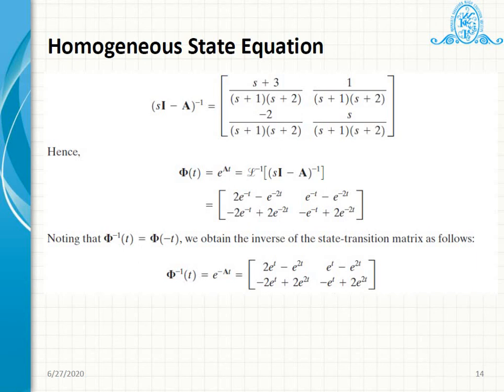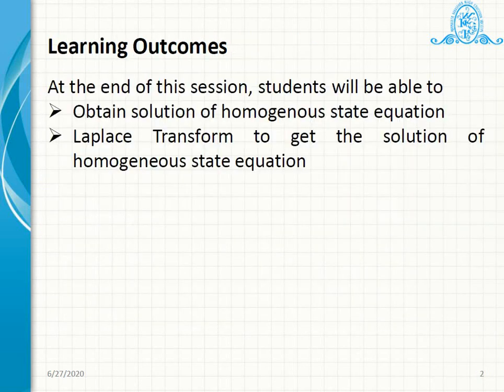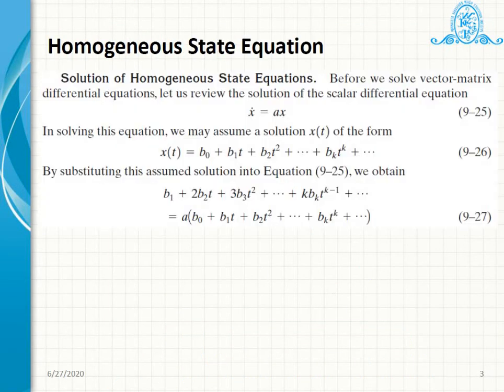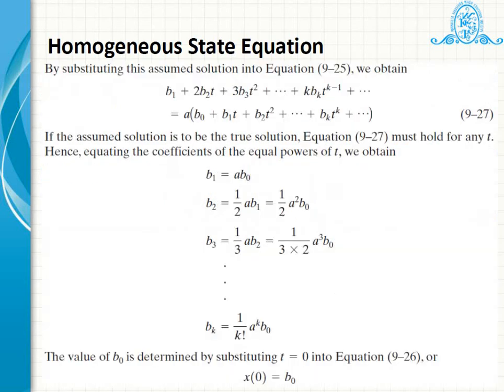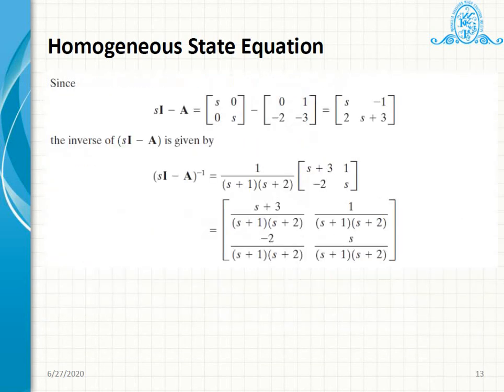So this is the numerical, and here we have discussed obtaining the solution of time invariant homogeneous state equations. Again I repeat, homogeneous means when u is equal to 0, x dot is equal to ax. Next lecture we will talk about the non-homogeneous equation, which means that we need to consider x dot is equal to ax plus bu. So we need to consider the input as well. In this lecture we have seen the homogeneous state equation. Next lecture we will talk about non-homogeneous state equations.